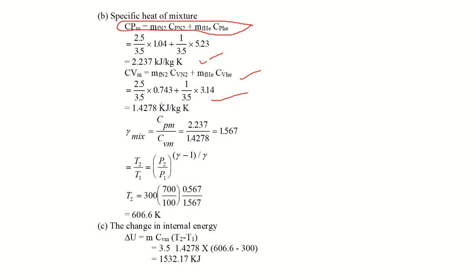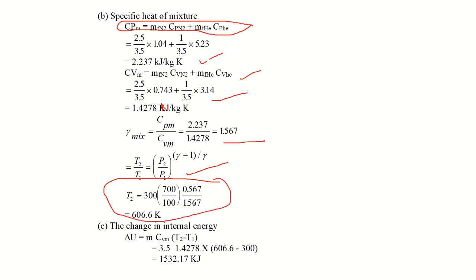Sorry, there are lots of mistakes here. It is small k, kJ/kgK, and things like that. You have got the gamma of the mixture. It is an adiabatic process. The temperature-pressure relationship we have derived earlier in thermodynamic processes: T2 by T1 is equal to P2 by P1 to the power of (gamma minus 1) by gamma. T1 is known. We can find out the T2 value.